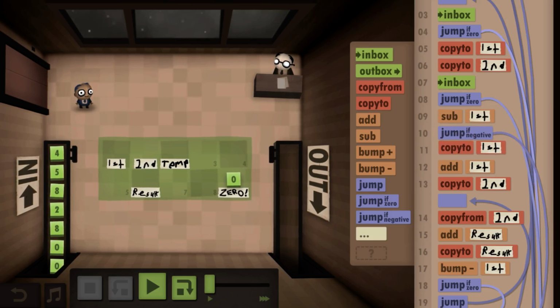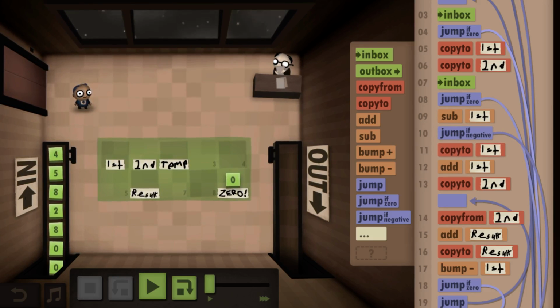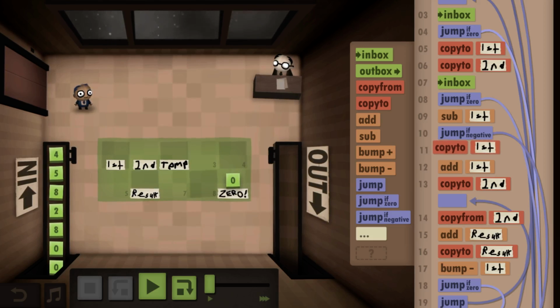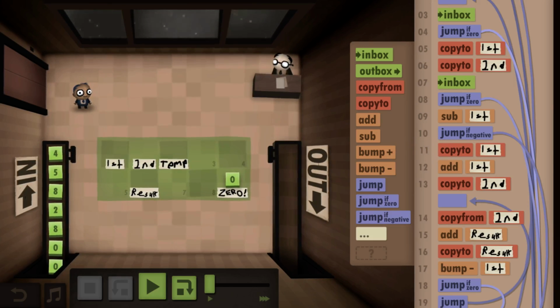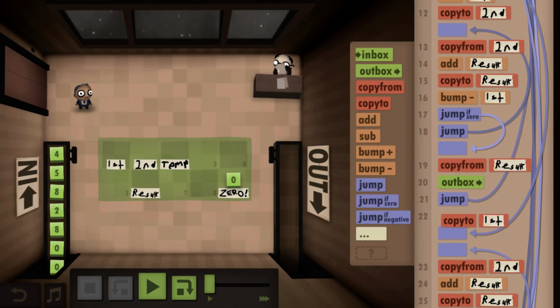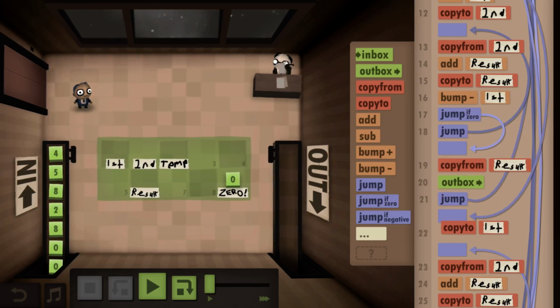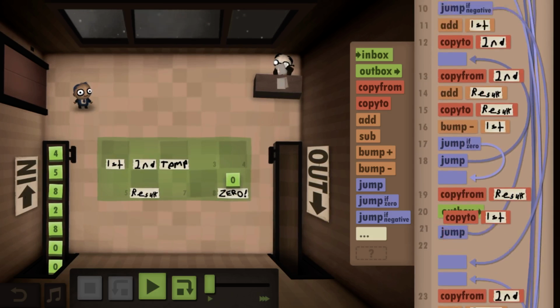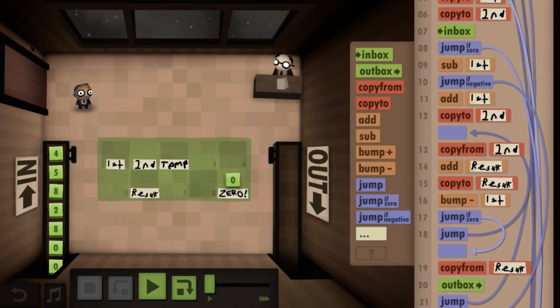But subtract to first, and if it's negative, copy it to first, otherwise copy it to second. No, I don't think that's right.